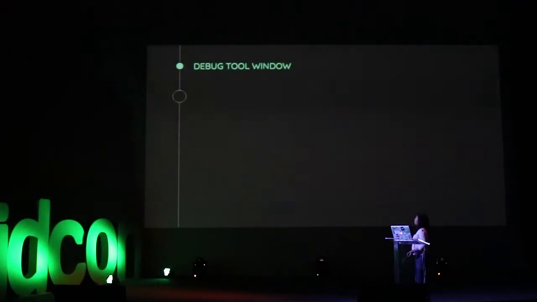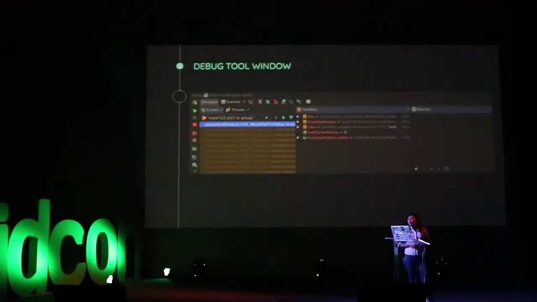So the debug tool window. When the debugger is attached, I usually go to the debug tool window. It provides a lot of information. You can open it by pressing Command 5, I think is the default. As I said, this shows you a lot of information. My default setup is like this. It has three panels: the frames, variables, and the watches panels. So I can tell you a bit about what each one does.